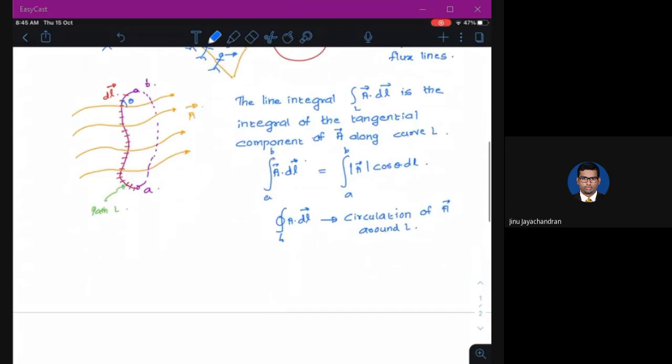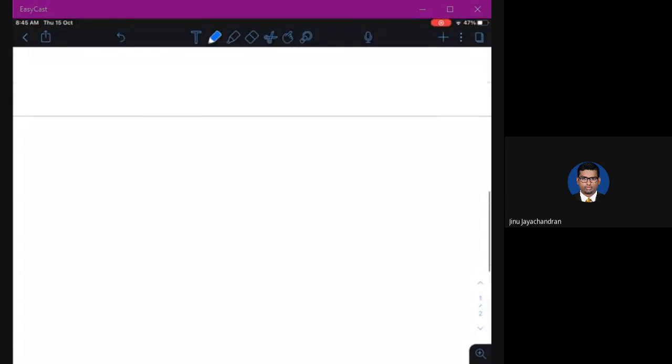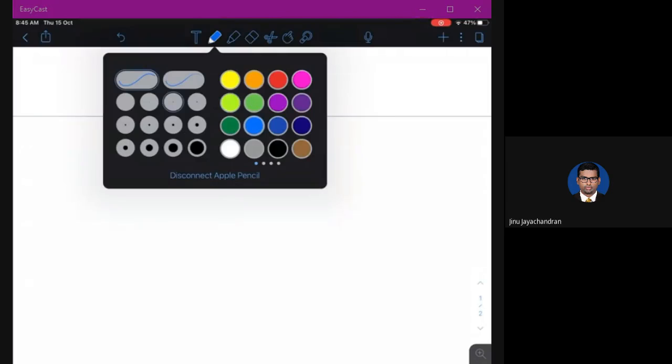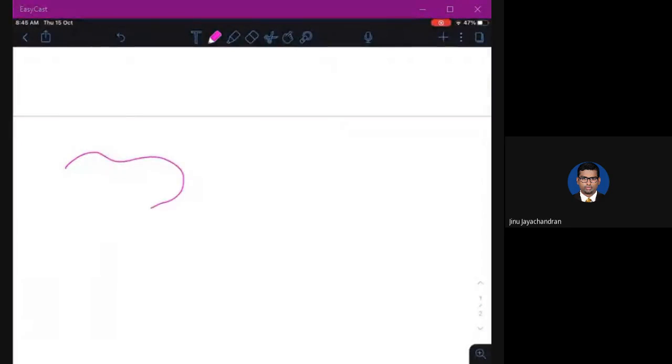So similarly, let's say there is a surface. Okay. And let's say there is some vector A which is passing through a surface. So it need not be over the surface. It can come from under the surface, cross the surface and go outside. In any way it can go. So just for the sake of drawing, I have drawn it like this. Okay. Now,